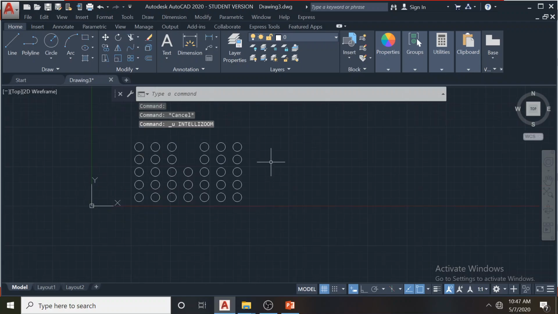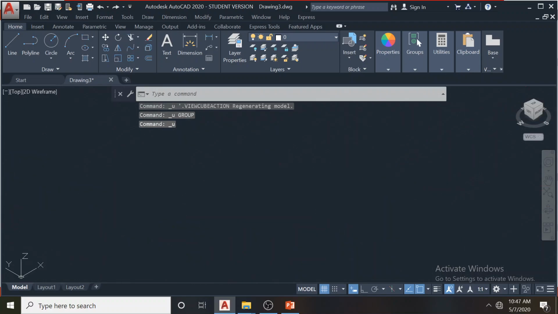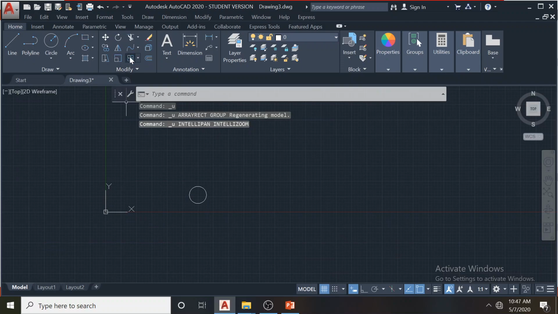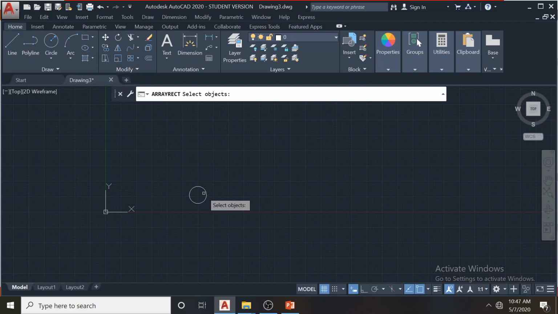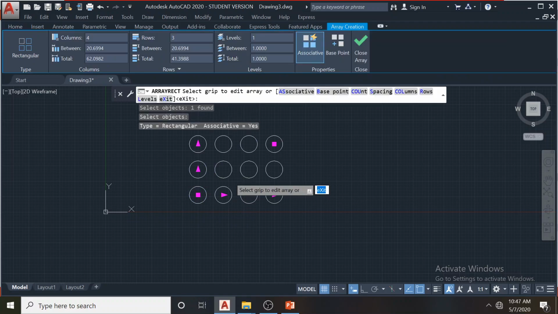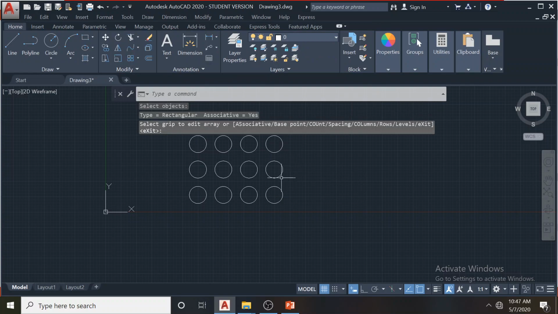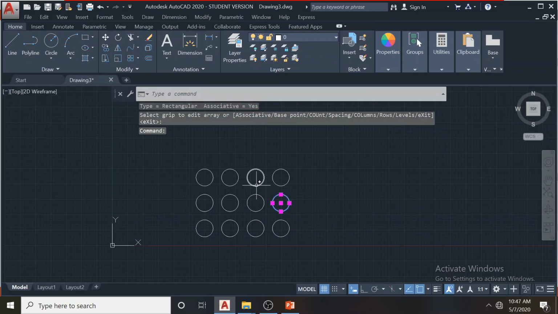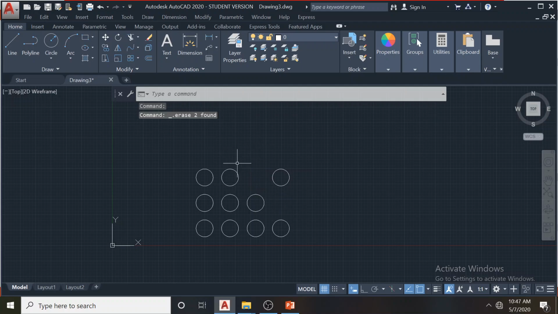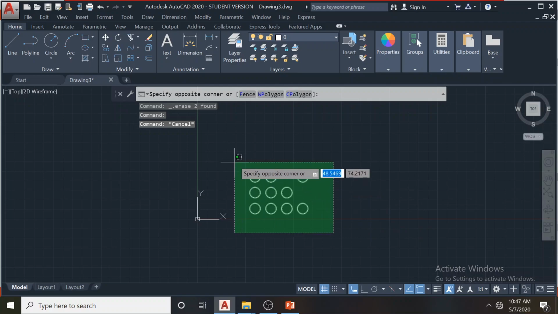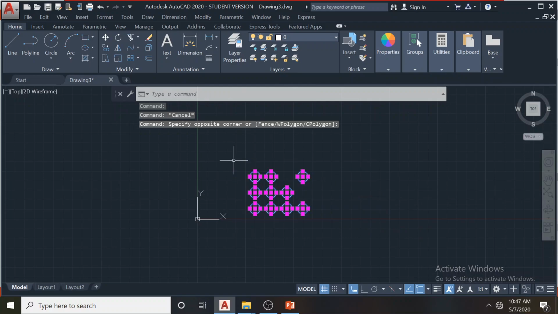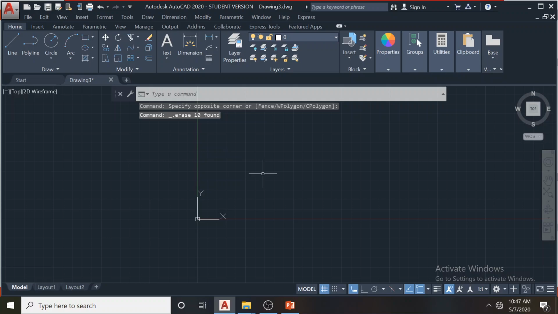Now, what do you mean by deassociation? Say if I quit again, select the item parent. Now if you say deassociate and close the array, it's not an array anymore, it's individual instances, so you can delete them. You can't get the array properties again and change the number of columns or rows or other settings. So please remember, by default it's associative, but if you want, you can change it to deassociative.